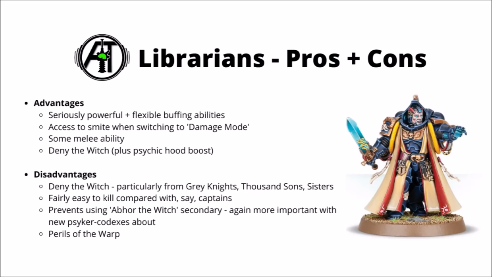In particular, Deny the Witch is really quite a bad consideration when we've just seen the release of Grey Knights, Thousand Sons and Sisters of Battle, all of which have access to some pretty hefty Deny the Witch mechanics, and might lead to your Librarian being a bit of a wasted investment compared with putting the points into another character. They're not all that durable either, they don't have any invul save, so are usually quite easy to kill when compared with captains,